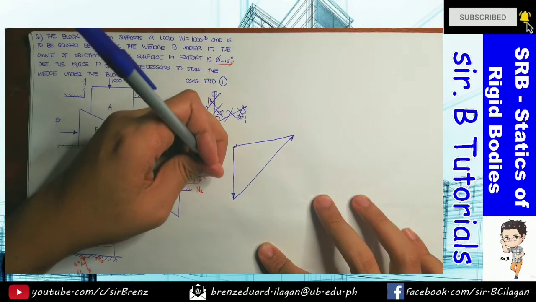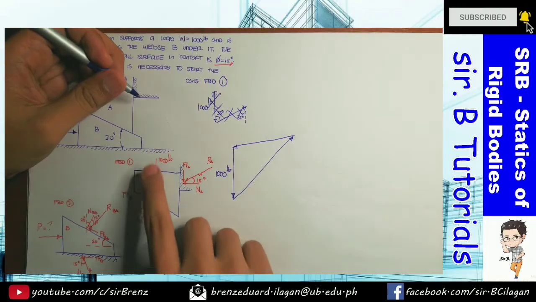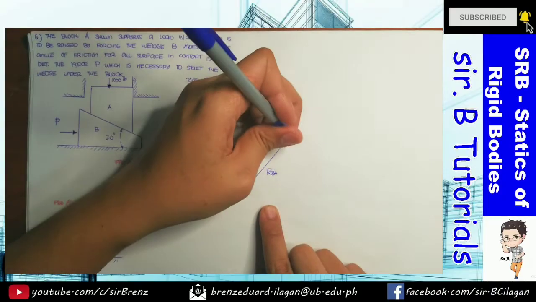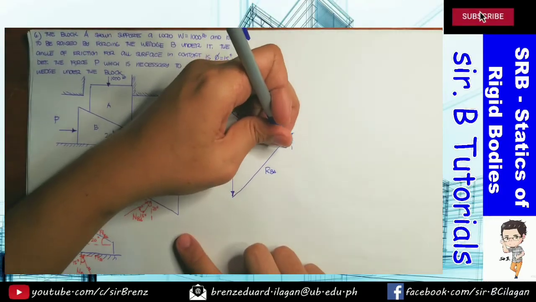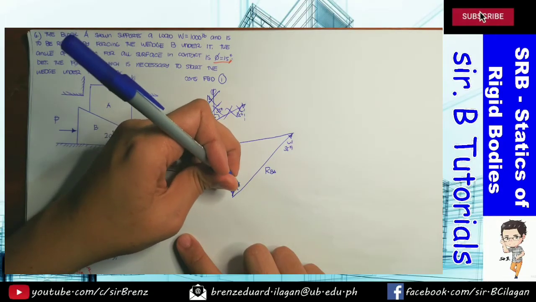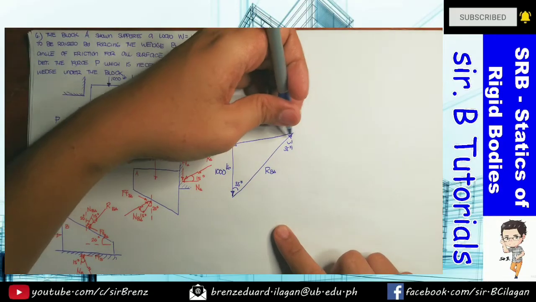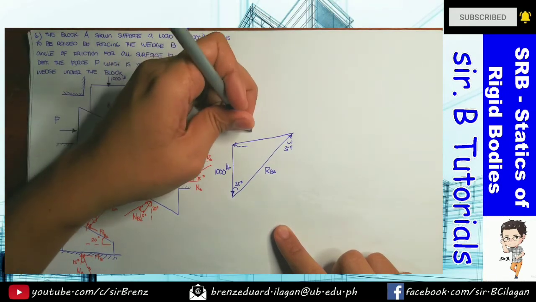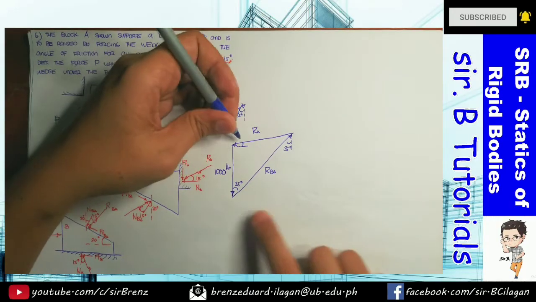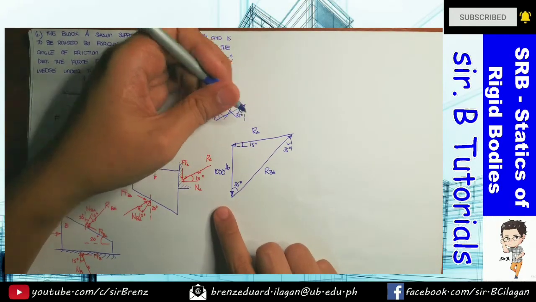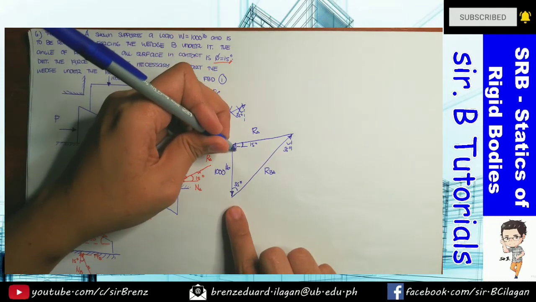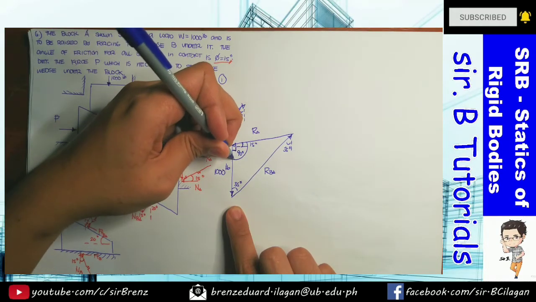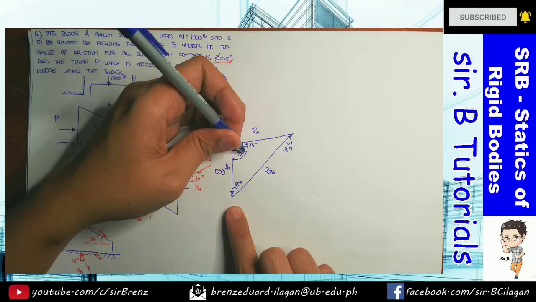Okay. So, 1,000 pound. So, ito, RBA. Ito siya. So, again, if this is equivalent to 35, ito, 35 lang din. Okay. So, ito. Ano sabi dito sa RA? So, this is equivalent sa 15 degrees. And kung ito ay perpendicular dito, so this is 90 degrees. So, ang total nito will be 90 plus 15. So, this is 105